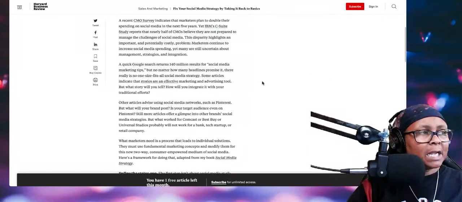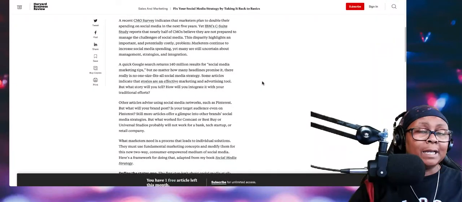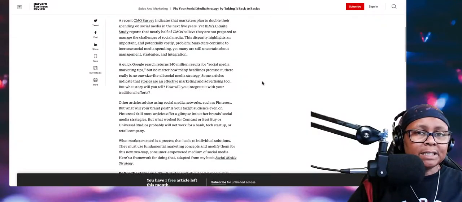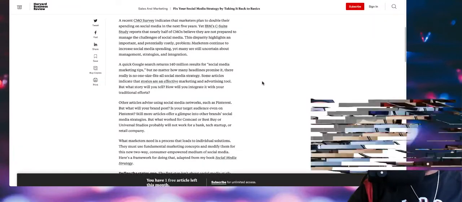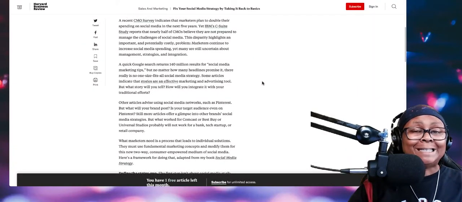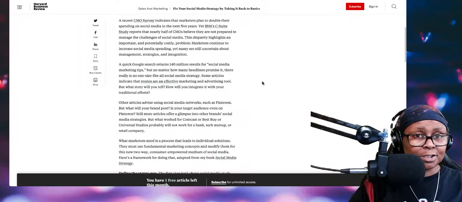This disparity highlights an important and potentially costly problem. Marketers continue to increase social media spending, yet many are still uncertain about the management, strategies, and integration. As a small business, that is what you're challenged with: managing your social media, creating a strategy for your social media, and then integrating that social media in your daily operations.